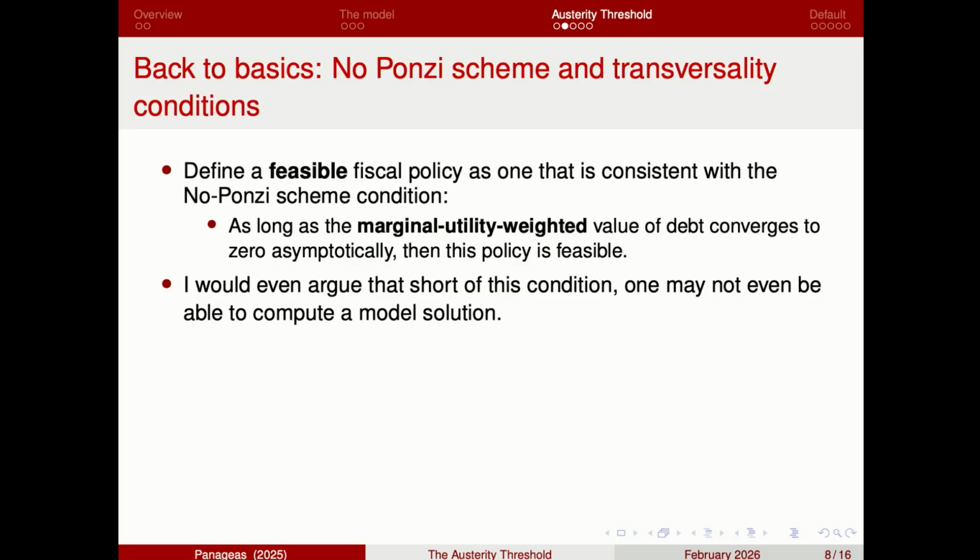I would define a feasible fiscal policy as one that is consistent with what's known as a no-Ponzi scheme condition, all right? What is that no-Ponzi scheme condition? As long as the marginal utility weighted, and I put that in bold for a good reason, the marginal utility weighted value of debt converges to zero asymptotically, then I would call such a fiscal policy feasible. Remember here, the interesting question is that because you have a Laffer curve and government expenditure can go below zero, you are always in danger that you could be violating this, assuming you take a stance on what is the initial value of debt,